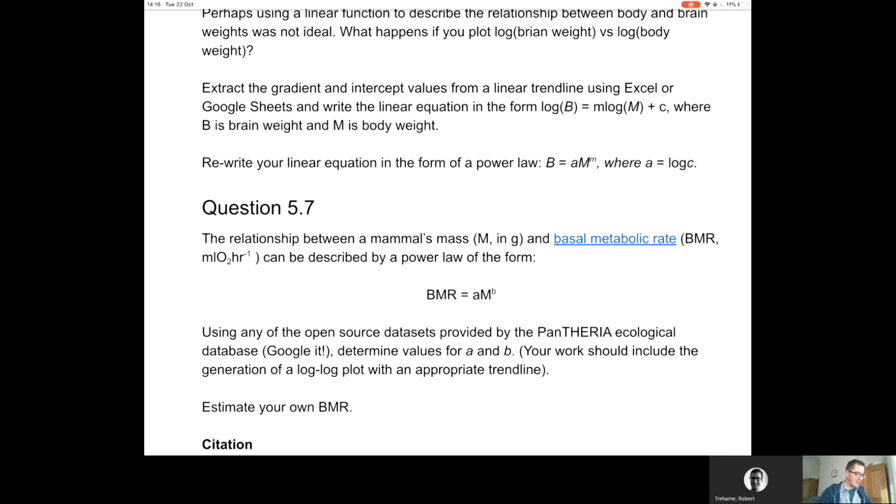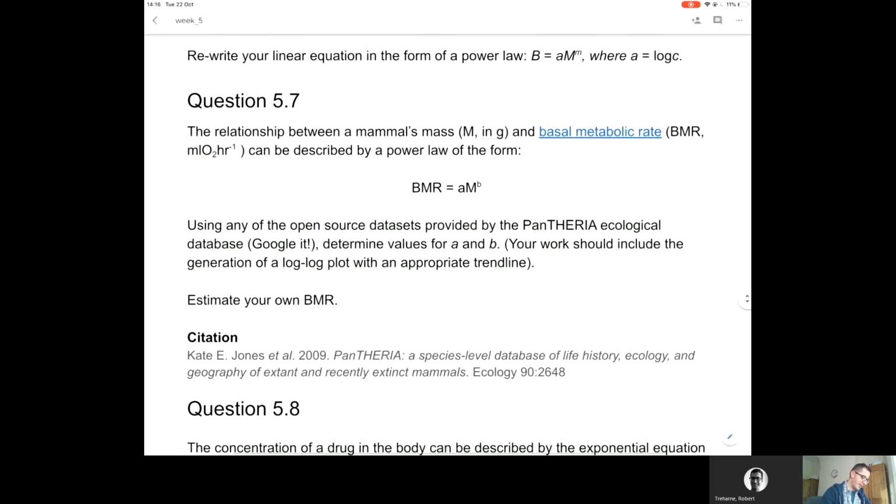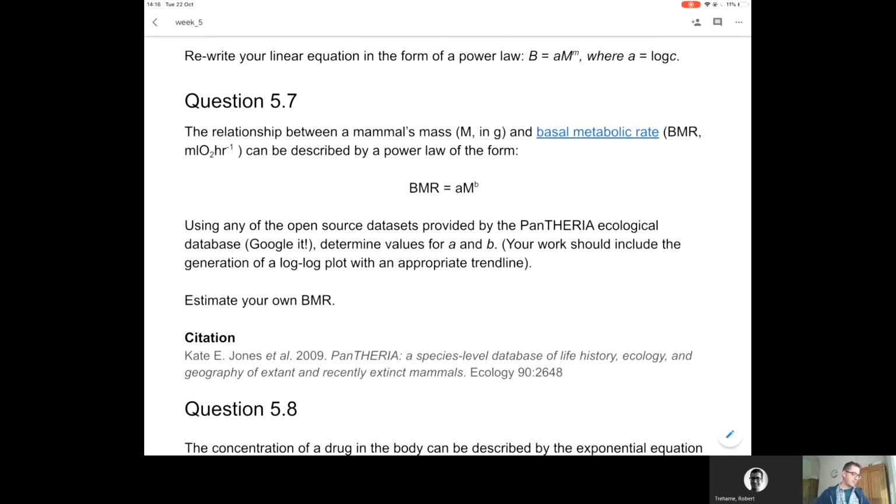Okay, the relationship between a mammal's mass m in grams and the basal metabolic rate in units of milliliters of oxygen per hour can be described by a power law of the form BMR equals A M to the B. So this is very similar to the previous question, but it's real. I've given you a real data set. Now there's a project called the Pantheria project. There's a citation there. I am expecting you to be able to go and find that project, download the data you need,